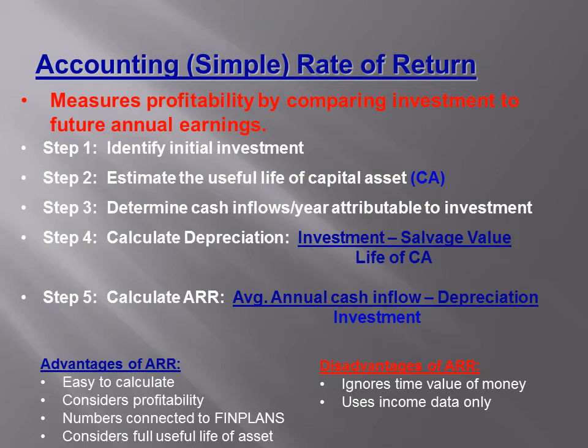So there's no depreciation in the dollar over that particular time period, which we know that there is. And it only uses income data. See, that's why I use the word cash inflows and not cash flows. Cash inflows is the amount of total revenue received over a course of time for a particular project. Cash flow is the liquidity that is received over a period of time. So let's see how to calculate it next.